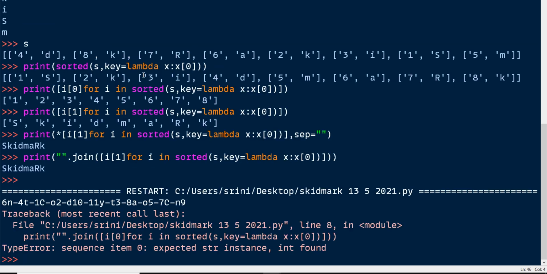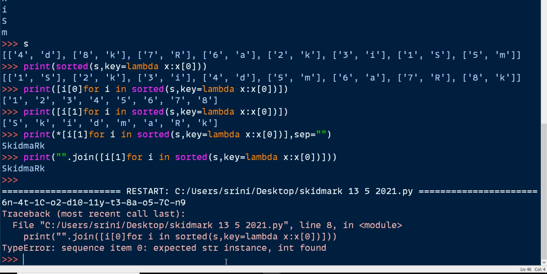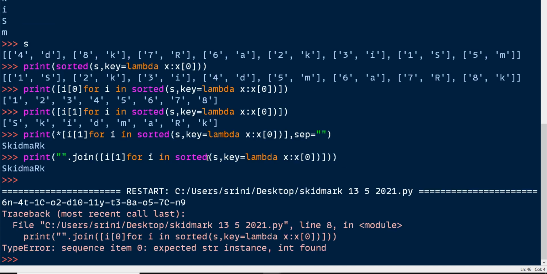At that time we got something called 1 2 3 4 5 6 7 8 because I didn't typecast this value as an integer, but this time I have typecast the value as an integer. We can't do the join operation for an integer value, so we are getting this error. This time I'm clearing this.